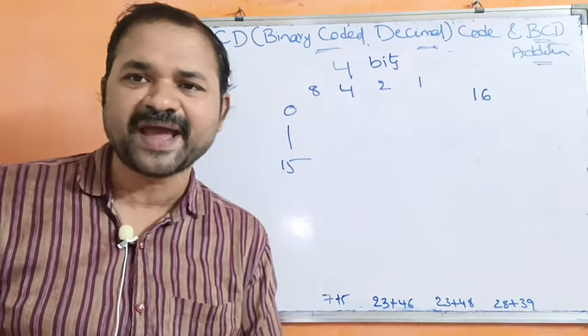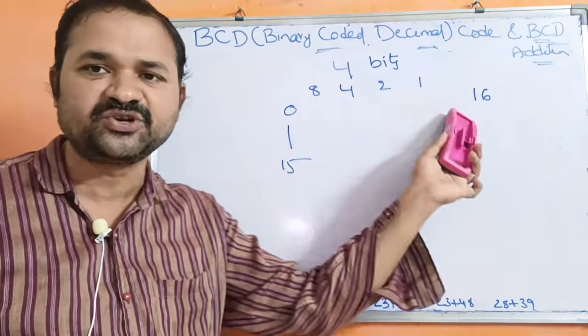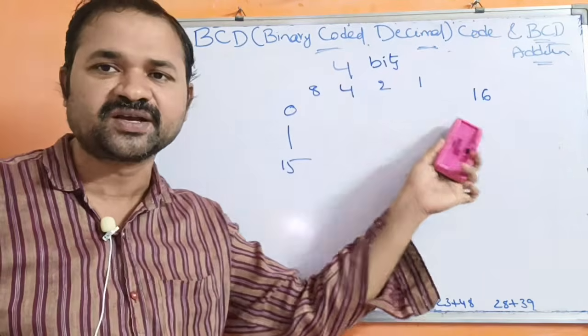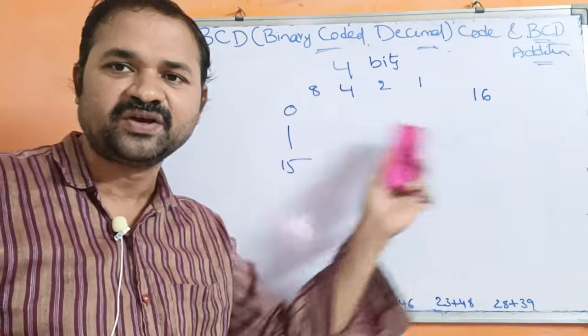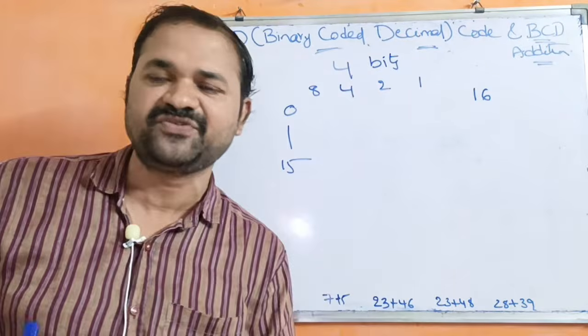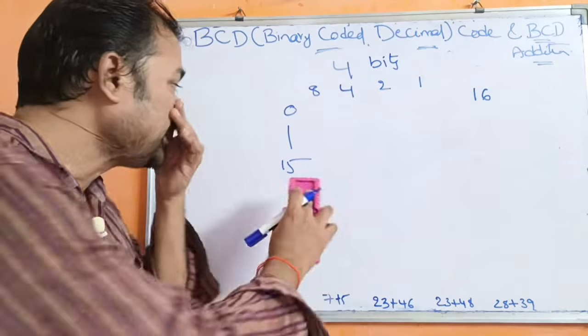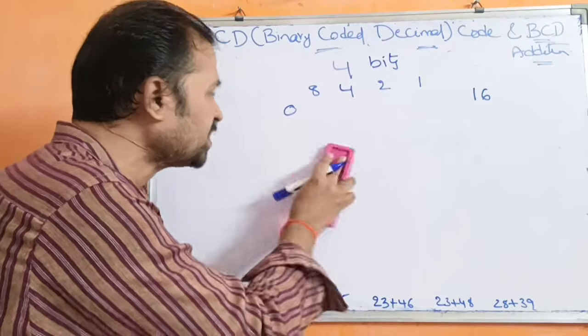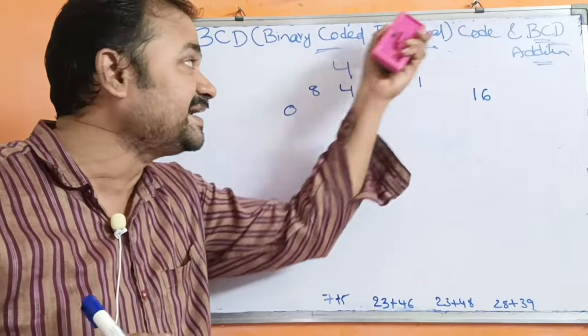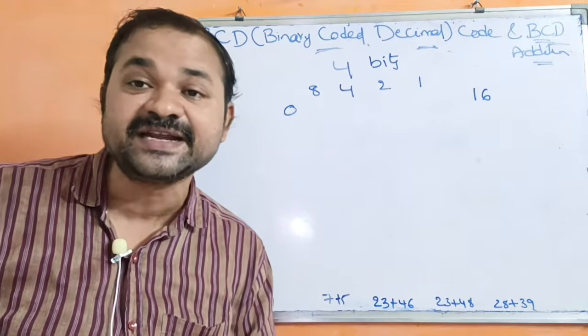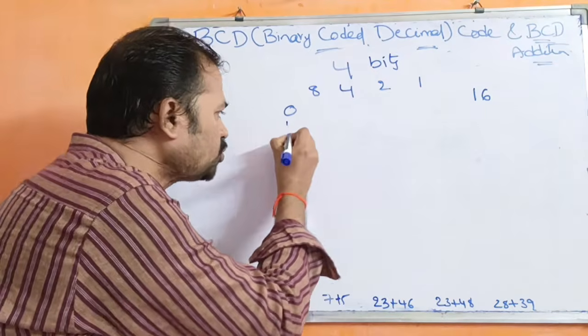So in binary notation, 0 means all zeros, 1 means 0001, 2 means 0010, whereas 15 means all ones. Whereas coming to the BCD notation, we can represent a decimal digit, so from 0 to 9,